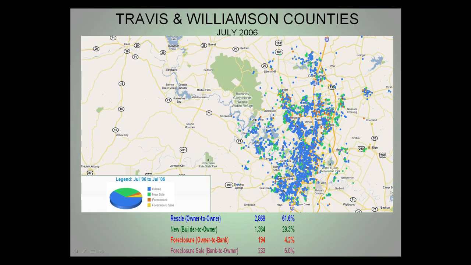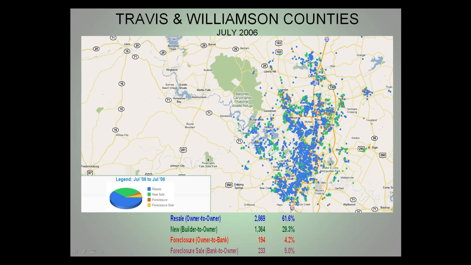One of the things we like to do is take a look at some of the historical activity in all of these markets so we can establish some trends and put conditions on the ground in perspective back through the last cycle. This particular map shows the single month, July 2006. On the map, the blue dots show conventional resales, which we would define as owner to owner. That's a category that does include short sales when there are short sales.